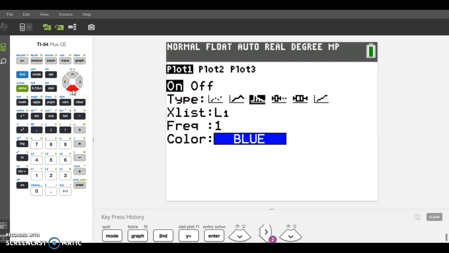Then, our X list, what list are we using to pull values from? This will almost always default to be your L1. So if it's not, again, just hit second, and then above the 1 here, you have L1. Make sure that's pulling from the correct list. Frequency should automatically default to be 1. Leave it as 1. What that means is that every item in that list shows up exactly 1 time per